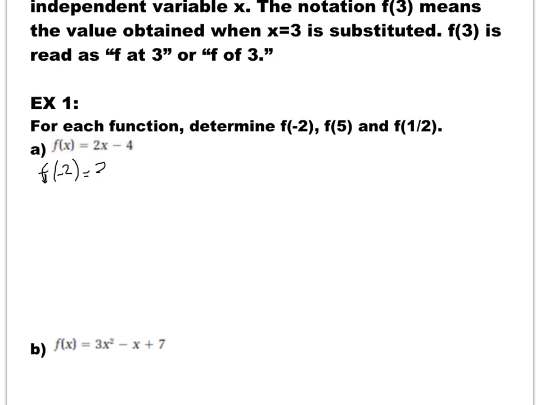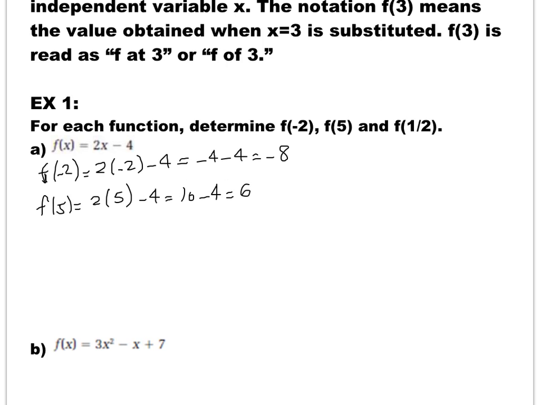So I'm going to write it as 2 open bracket negative 2 close bracket minus 4. The reason I'm using open bracket and close bracket is to preserve the negative sign. Now 2 times negative 2 is negative 4, minus 4 is negative 8. To find f of 5, I do the same thing. So I'm going to say 2 open bracket 5 close bracket minus 4, which is 10 minus 4,